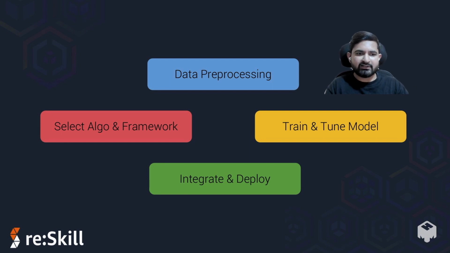Suppose you are building an app to identify different cities using photos. You just upload a photo to an app, it will send a REST API request to your machine learning model endpoint, and then the processing will happen, and you will get a response back with the city, and then you will display it to the user. Behind the scenes, when the call comes in, your data will be sent to the machine learning model, and it will process it and give you output, and that is what the user will be seeing, right? So to create that model, first you have to do pre-processing, algorithm selection, framework selection, training and tuning,